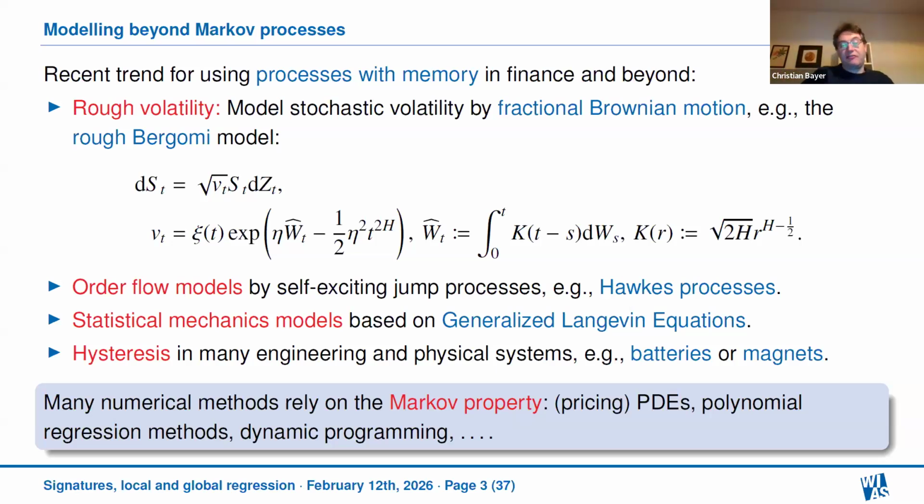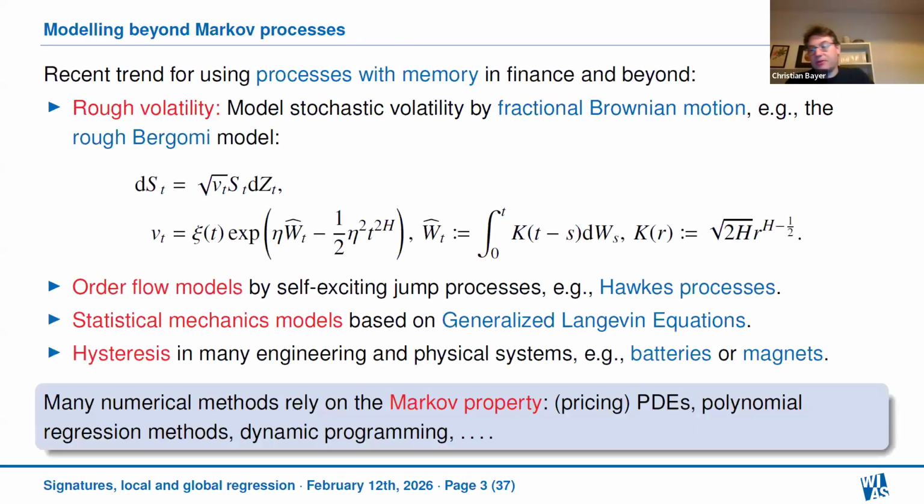But more generally, if you want to do functional approximation of any kind, for instance in the context of stochastic optimal control, if you want to compute conditional expectations, because we use the standard backward recursive formulation of a dynamic programming principle, we need to compute conditional expectations. And again, the Markov property is very helpful in order to efficiently solve these problems.